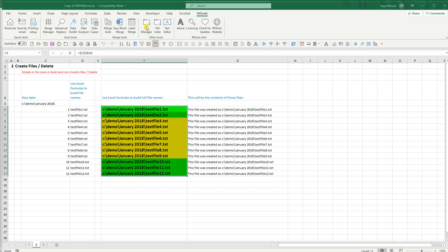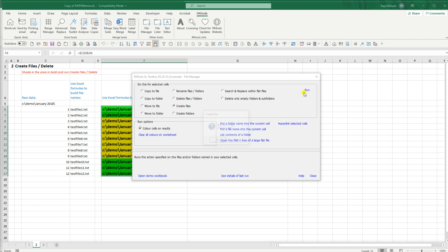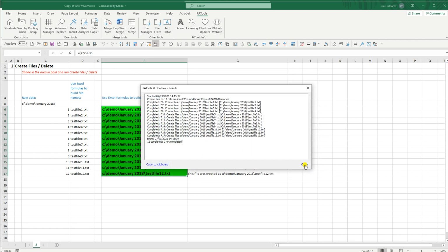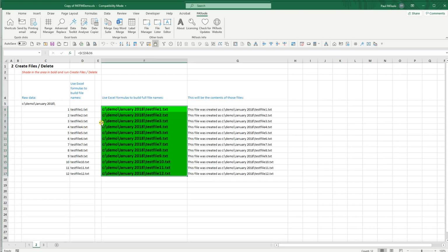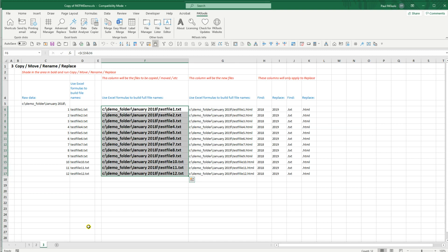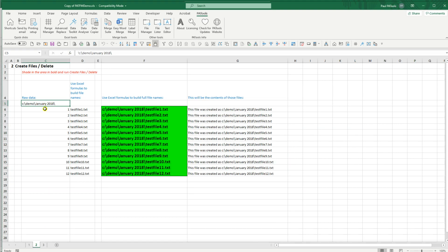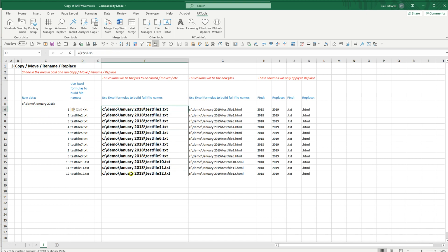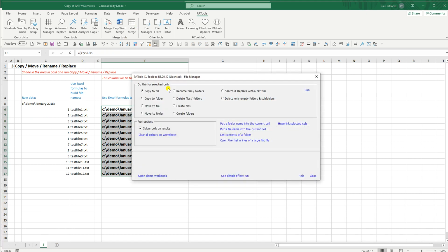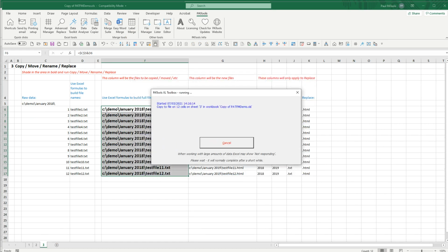Let's just go and create them one last time for the next part of the demonstration. So that's created them again. There they all are. And so now we move on to tab 3. Now what we're going to do is, in the same way here, we better change that back to demo for January. Let's just go and get it from there. So these files that we created just now, we're now going to copy into new files here. Let's do copy first. So we're going to copy to file, run for those 12, yes to all,